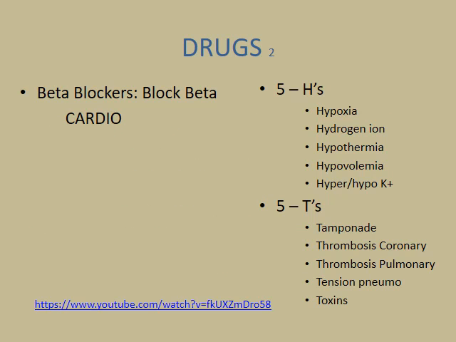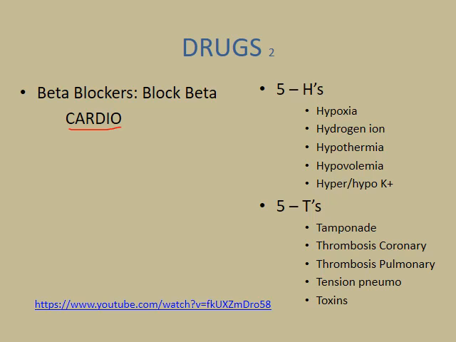If our adenosine doesn't work, we can use a beta blocker. Remember, the beta blockers are olol drugs like labetalol. So beta blockers are olol drugs, and they block betas. Remember your beta 1s and beta 2s, your one heart and your two lungs, and those functions are the code word cardio,